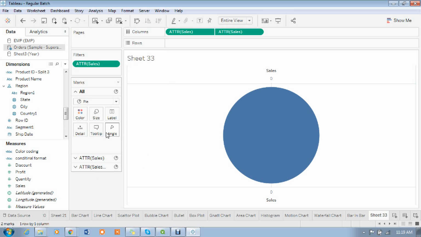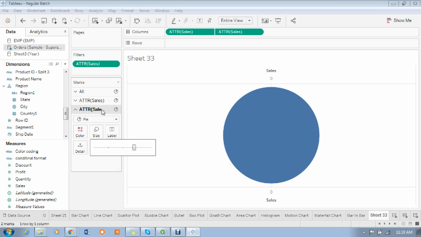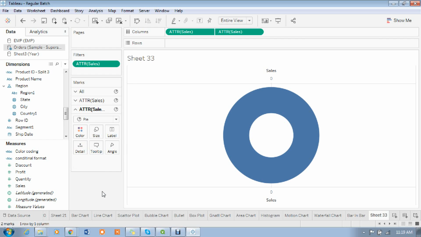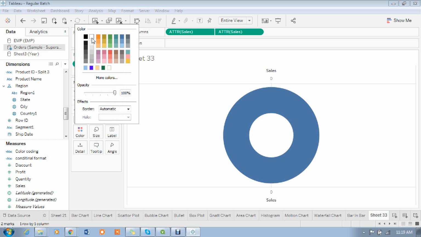Okay, now what I do, madam, for one, I decrease the size, madam. For one it is a bigger size, one is the smaller size, madam. Then I apply the color. That's it. This is the donut. To bring this, we have to add two measures, madam. Then convert as an attribute. Then add a pie chart. Then for one graph, the size is big, madam. For one graph, simply change the size to very low, and then apply the color, madam. Then you will get it this way, madam.